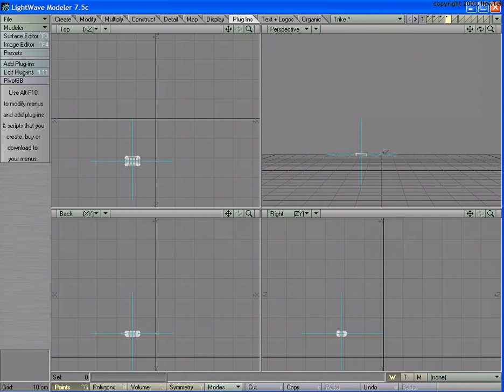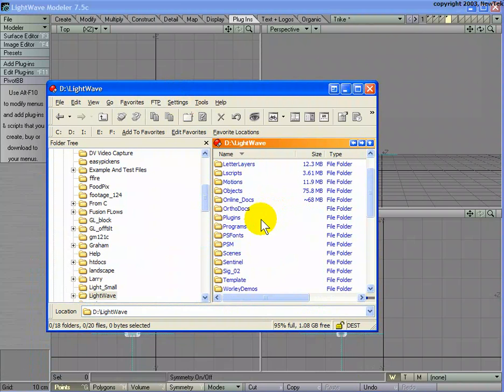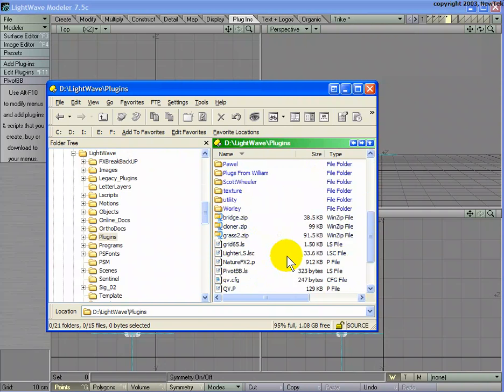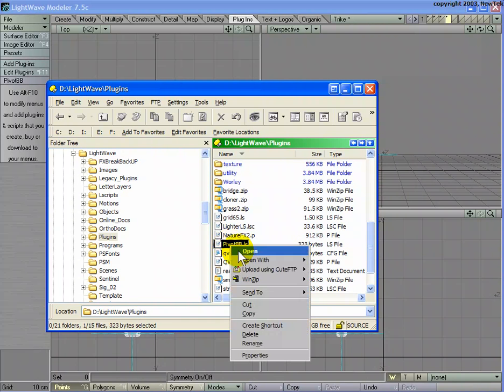So what do we do about this? Do we just sit there and take it and not do anything? No, we don't. What we do is we go to the LightWave directory, and we go to the plugins directory where we just added this plugin. And again, I want to make sure this is not a criticism of this plugin. I'm so glad this person wrote the plugin that it's not a criticism at all of how they wrote it. What I'm really getting at here is I'm showing you that because it's a .ls plugin,